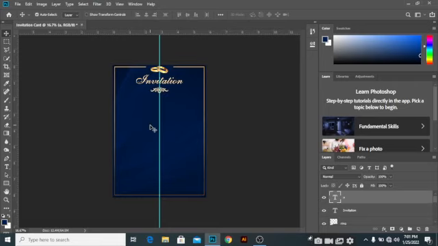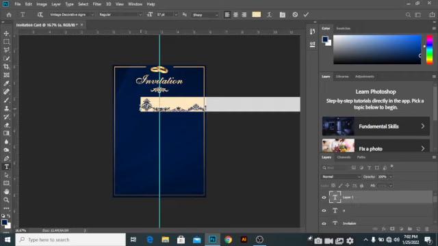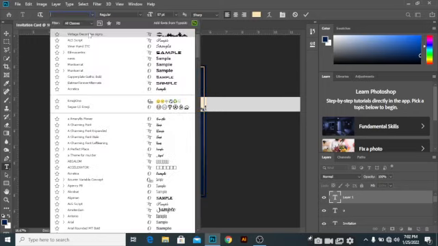So after that, the next thing to do now is to bring in another text by coming over to the text tool. So let's type in our text. So we're changing the font of this text now. We're changing the font to